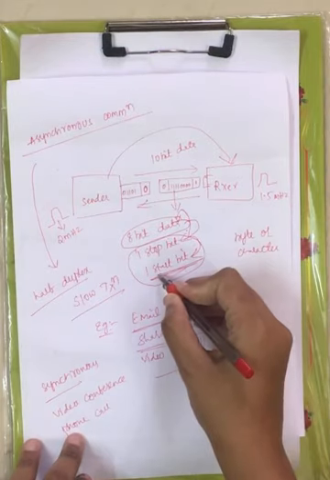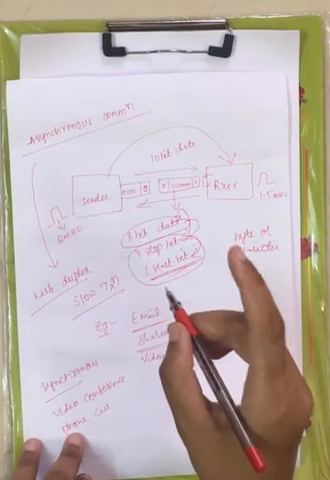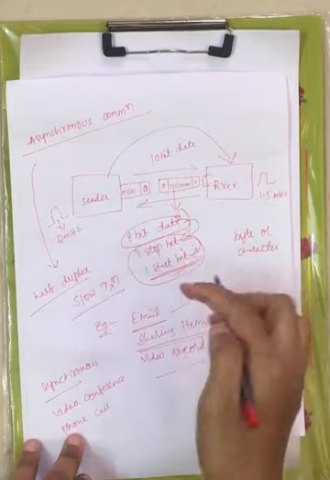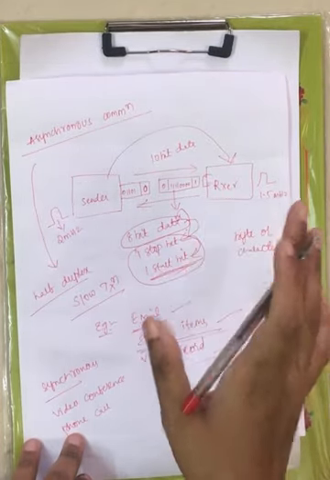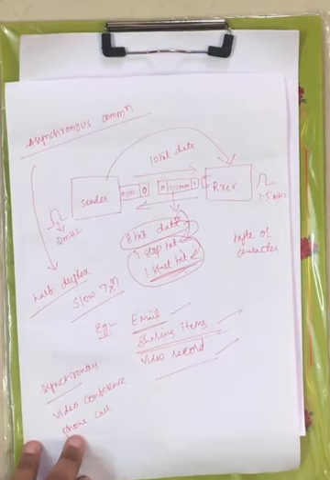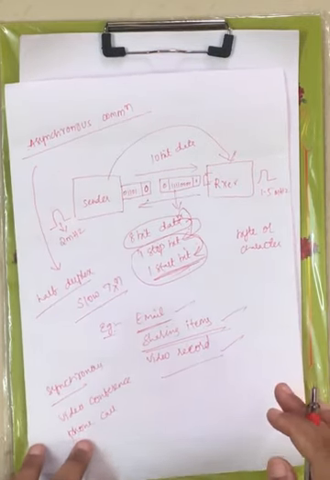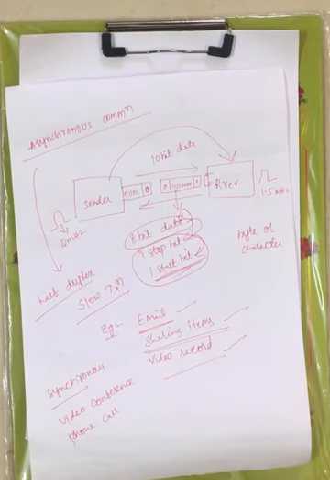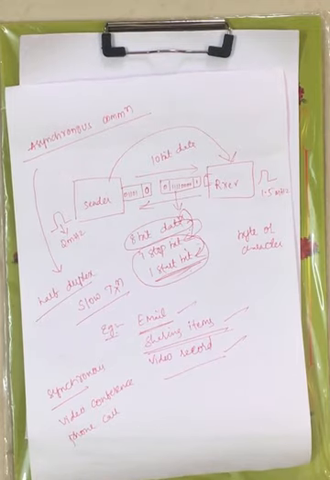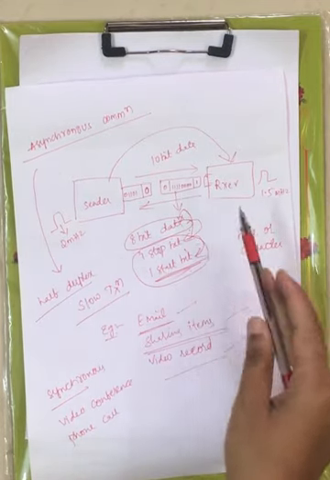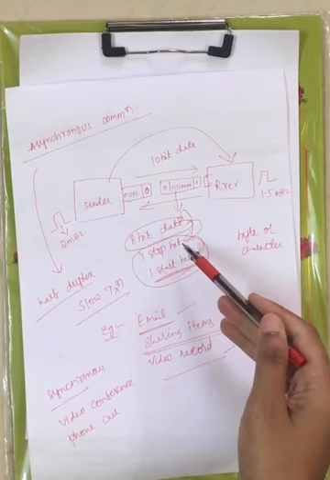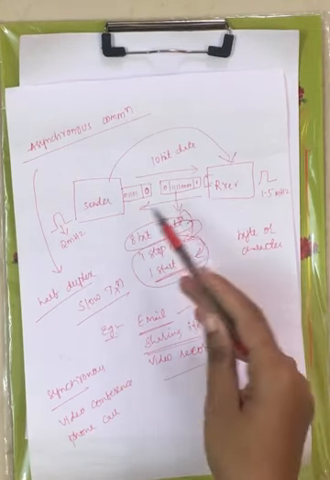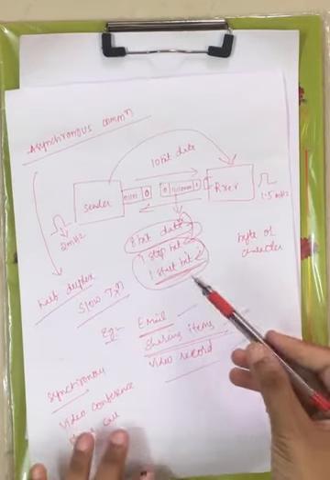What is the meaning of start bit? That indicates the data has been started. The stop bit indicates the data has ended. Just remember, start bit is the starting point of the data, and stop bit is the ending point of the data. We don't require any synchronization between sender and receiver. Along with 8-bit data we have one start bit and one stop bit, so a total of 10 bits are transmitted between the sender and receiver.